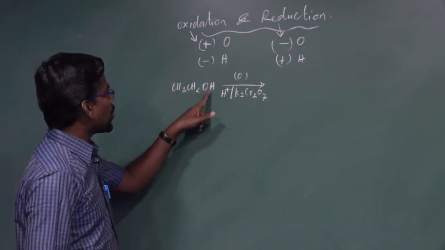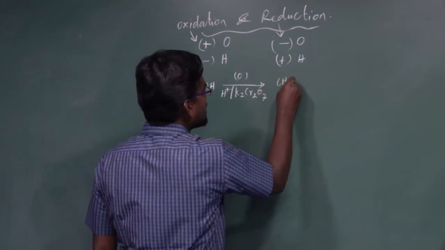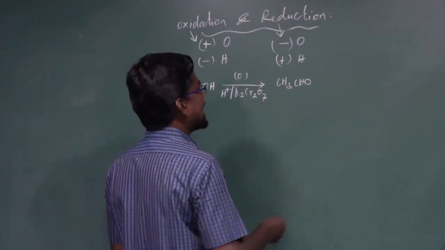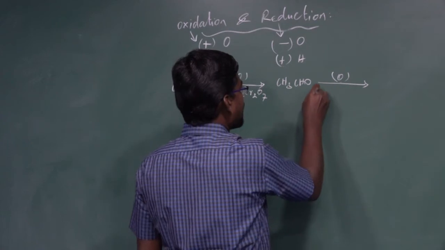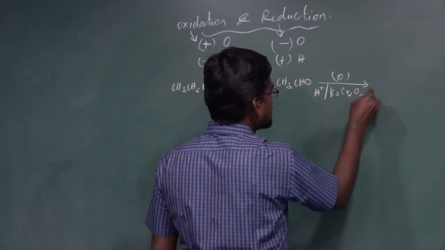The CH2OH group is converted to CHO, acetaldehyde, CH3CHO. The acetaldehyde can be further oxidized in the presence of acidified potassium dichromate to